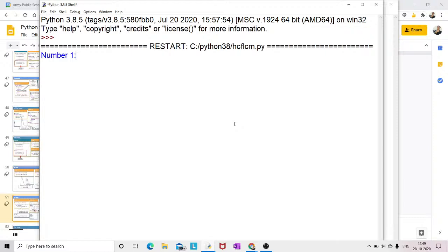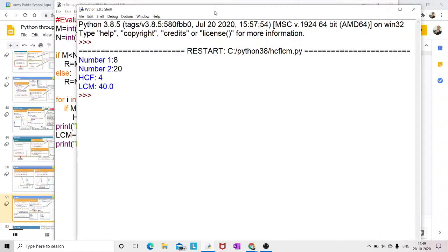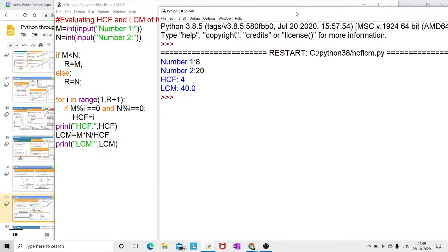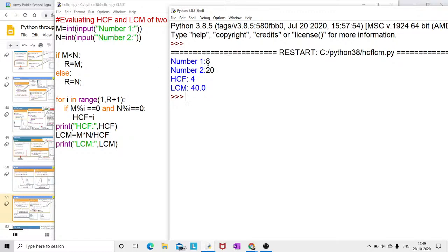नाउ रन, 8 दे दिया एंड 20 दे दिया। इज दैट क्लियर टू एवरीवन? ये देखिए यहाँ पर, यानी यहाँ पर हमारा एक नंबर है 8, दूसरा है 20, तो ये जो लूप चलेगा वो 8 तक चलेगा, बिकॉज 8 के बाद जो है नेक्स्ट नंबर 9 आएगा, तो 9 तो 8 को डिवाइड नहीं कर पाएगा, उसमें रिमाइंडर 8 हो जाएगा, तो इसलिए मुझे 8 तक ही जाना था। तो इन दोनों में से जो मिनिमम होगा तब तक ये लूप चलेगा। क्लियर? तो इस तरीके से हम दो नंबर्स का एलसीएम एंड एचसीएफ निकाल सकते हैं।